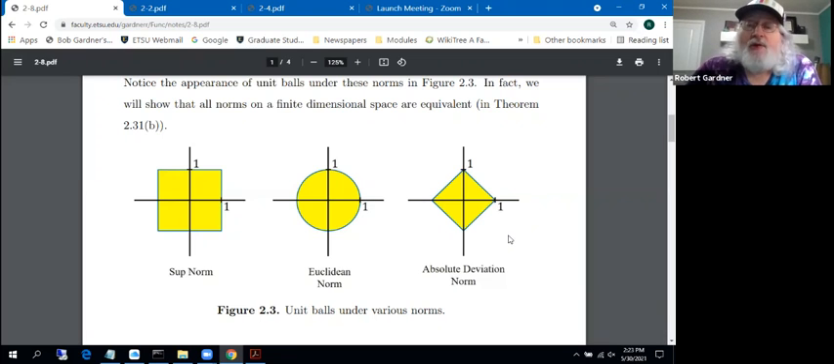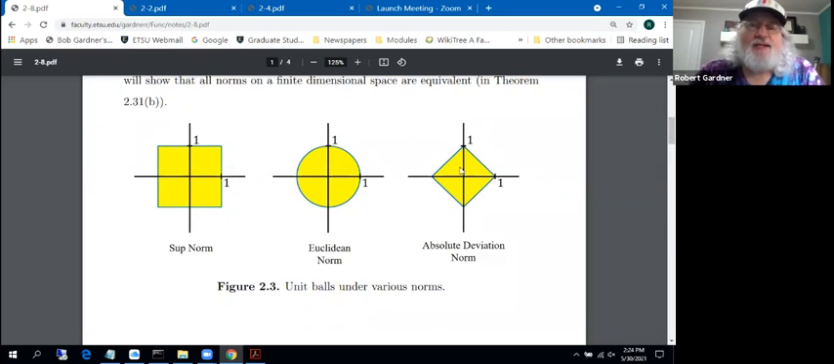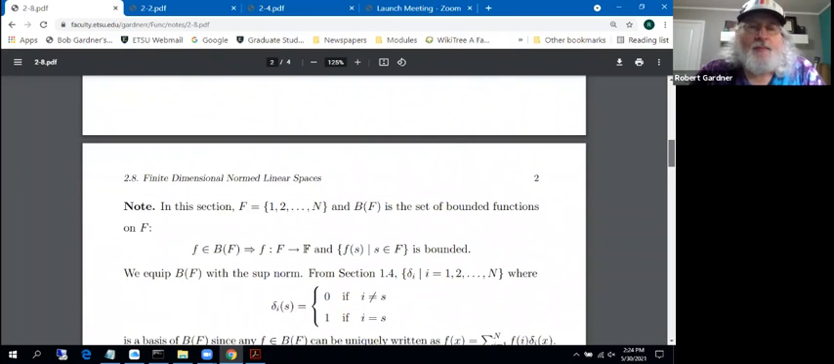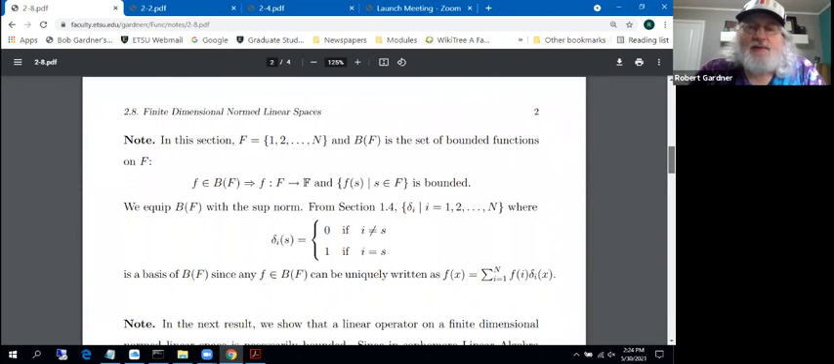And here are three different pictures of unit balls under these various norms. So don't read too much into the concept that a unit ball is necessarily round. It depends on the norm or the induced metric. Okay, this comment